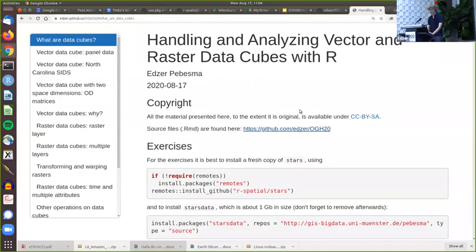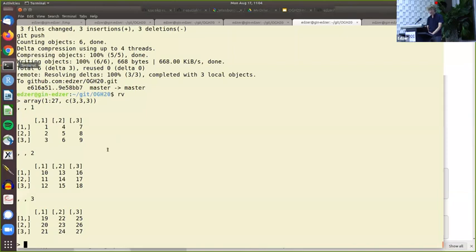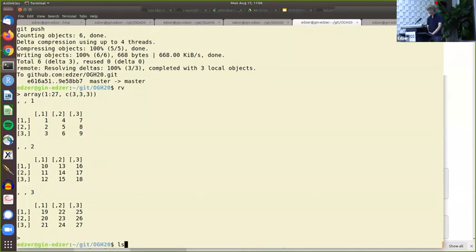Anyway, on this GitHub page you will find the R Markdown file, which you can download. You can download the whole repository, like I have it here. Oops, a lot of things there. But there's also the RMD file, and you can open that with RStudio,